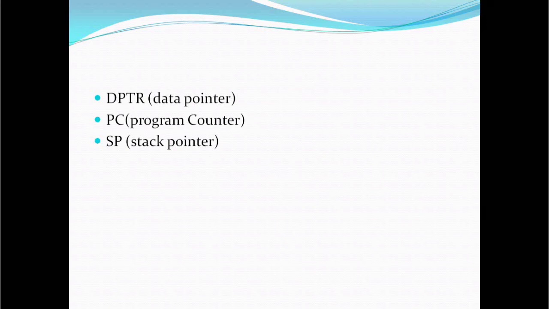Again, the working of the stack pointer we will discuss when we study the stack operation in detail. By default the location of the stack pointer is 07H, and when we push data, the stack pointer will be incremented by 1 and show the address 08H. So the first data will be stored at memory location 08H.